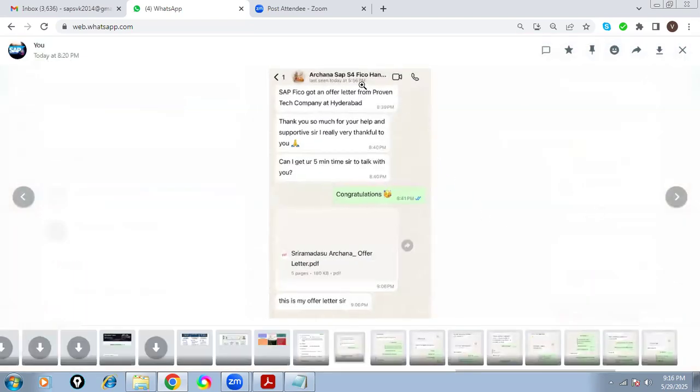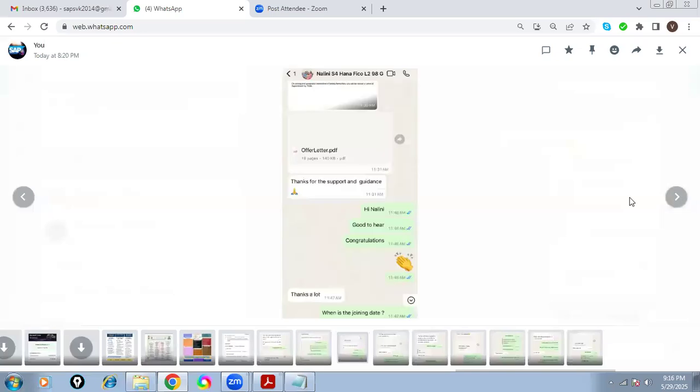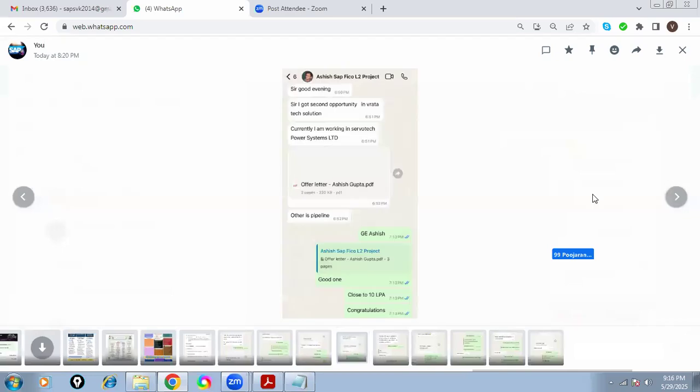So she is Archana, Archana Ramadasu, she got offer letter in Proven Technology, Hyderabad. Basavaraju, he got job in 10 lakhs package and Cognizant offer letter given here. Nalini, offer letter, she got job with a 12 lakhs package.